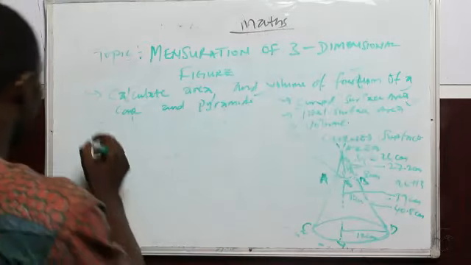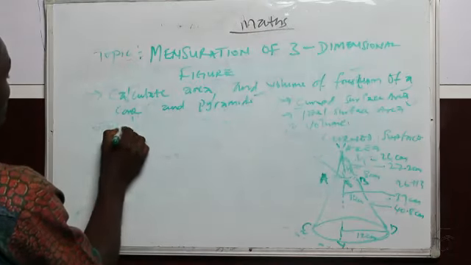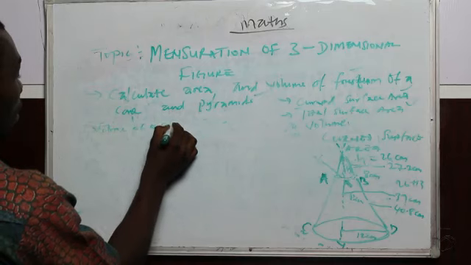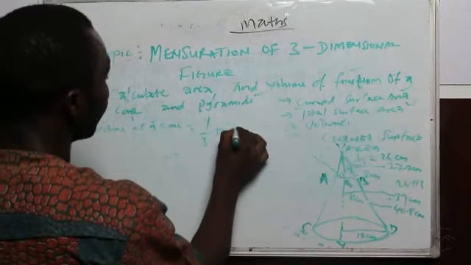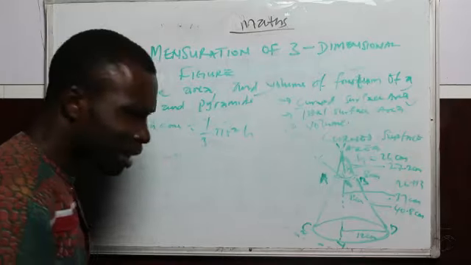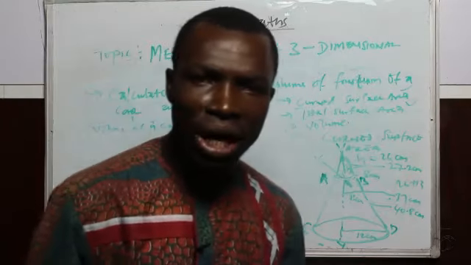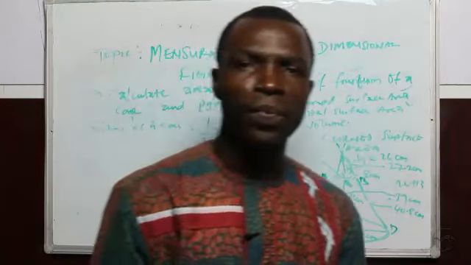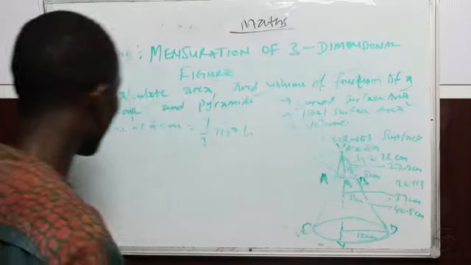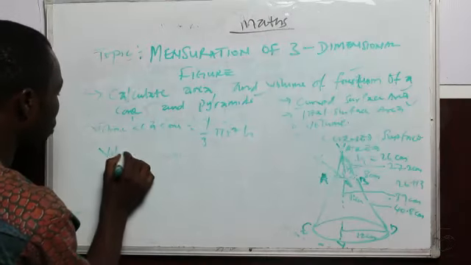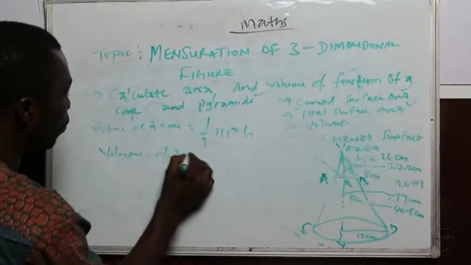The formula for volume of a cone is given to be 1/3 pi r square h. 1/3 pi r square h is the formula of volume of a cone. Now, the volume of the frustum is what we want to calculate from the question. Volume of a frustum